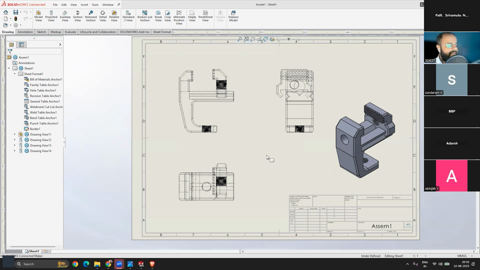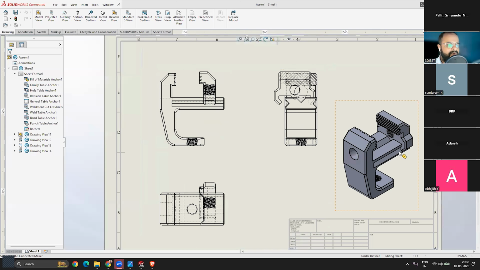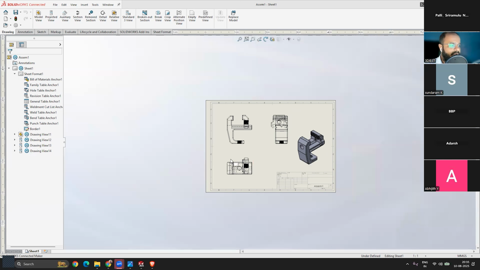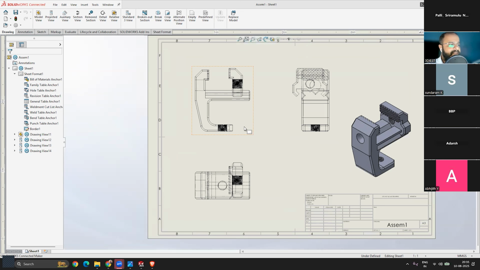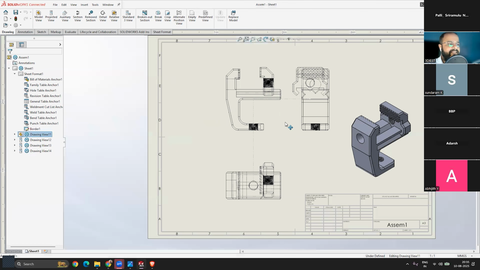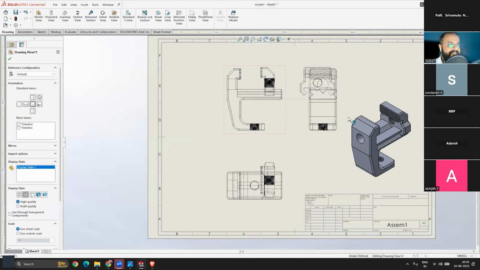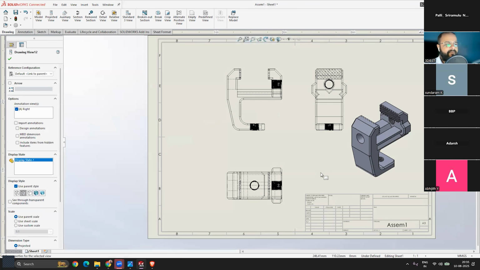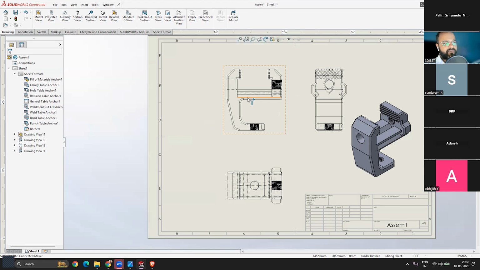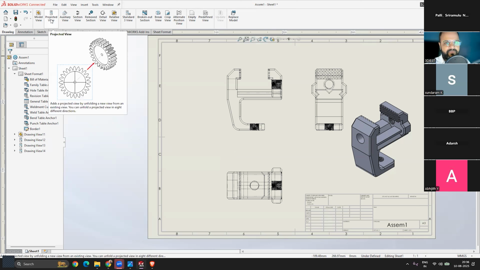Okay, great. So here you can see we have added views into the drawing. Now let's say at any point of time, if I move this one a little bit towards this direction, you feel that, okay, I also have to project the left side view of this parent view. So how can you do that? Simply go to the drawing space, click on this projected view tool.